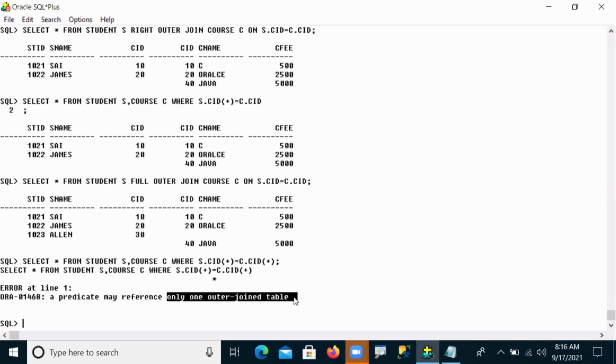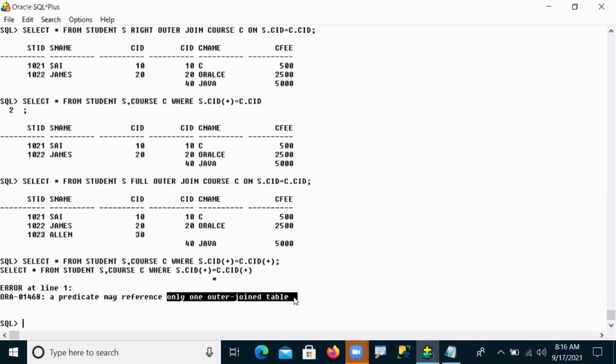Is there any other logic, guys? Any guessing? So both sides we cannot predict, any one side only we can use.